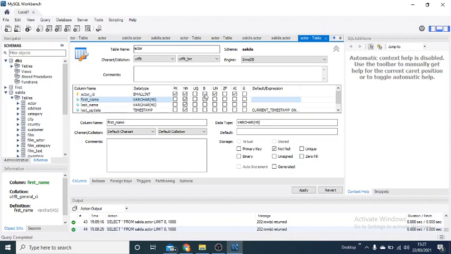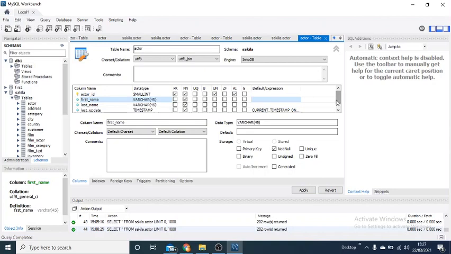All right, similarly B stands for binary. Whether this field is binary, that means it is going to allow true and false as an option or not. Then unsigned, then zero fill. That means if you leave anything blank, will it fill it with zero or not. Then auto increment. We have seen actor ID as an auto increment field, and when you try to enter a new record and leave the actor ID field blank, it automatically takes the next number in the actor ID field. Then G stands for generated.